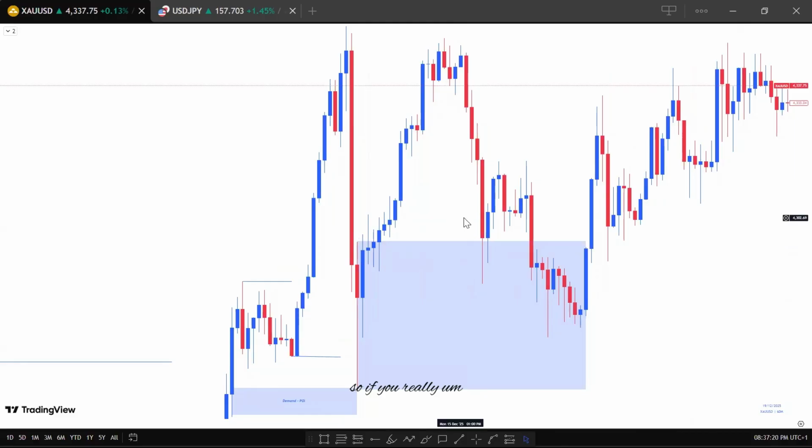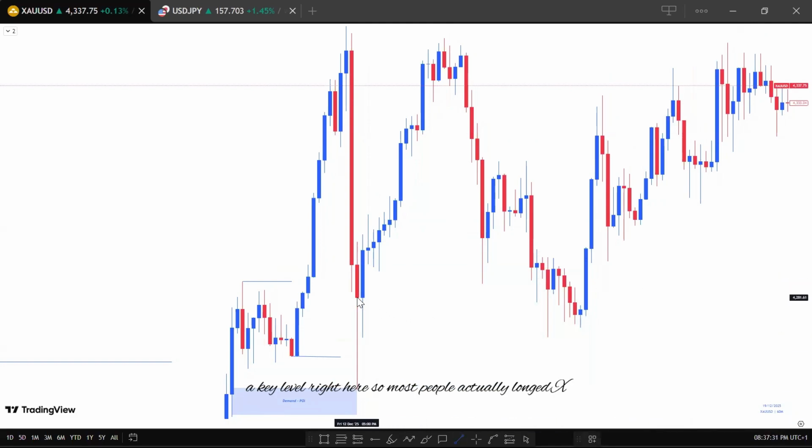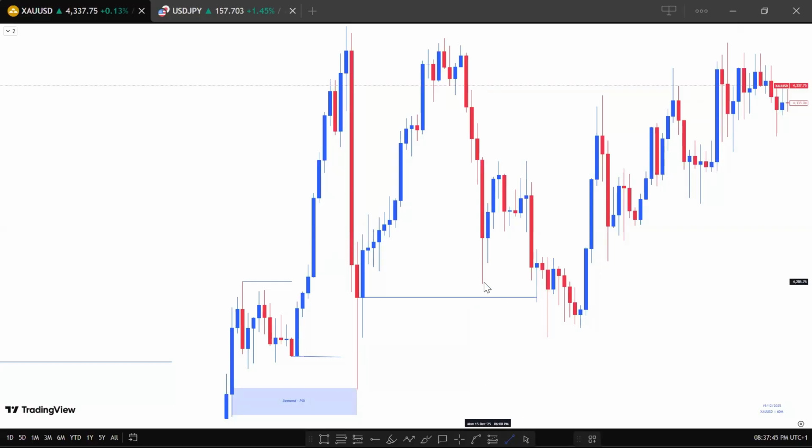So if you really refine your entry, you discover that we have a key level right here. So most people actually longed XAU from this key level right here. And this was their liquidity, which they were actually right on this particular trade. This was their engineered liquidity. So if you don't really know what liquidity is all about,